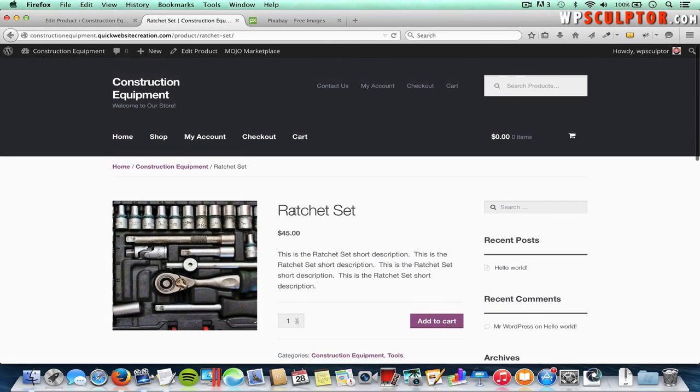Alright, now let's say that you have a product that comes with several different options, and this would be considered a variable product because there would be several different variations to choose from. A common example would be a t-shirt, because you can have a t-shirt with different size options and with different color options. So the variable product that we're going to use is a tape measure, and we'll have two sizes,